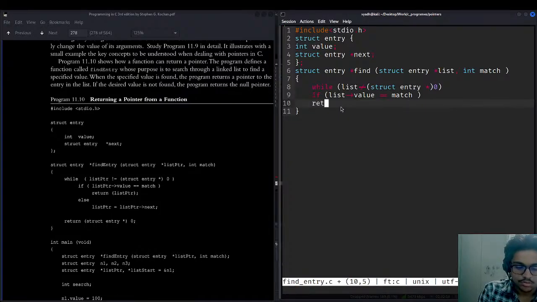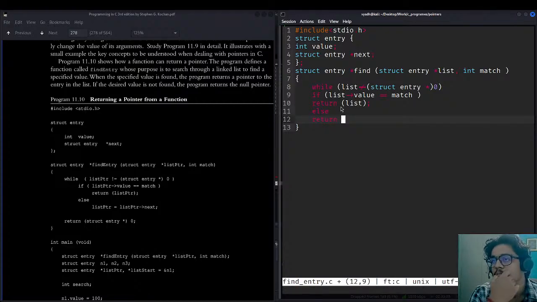Okay, so return the list. Okay, else, not return, we need to set something. So list will be set to the next value, it will be set to the next node.